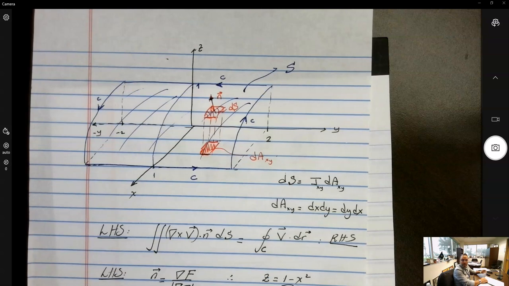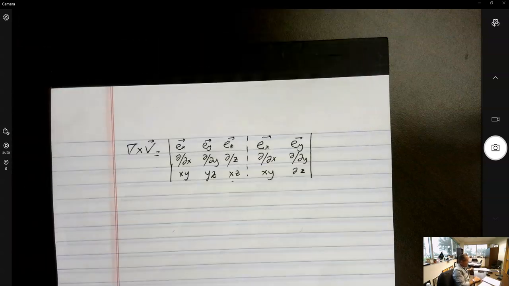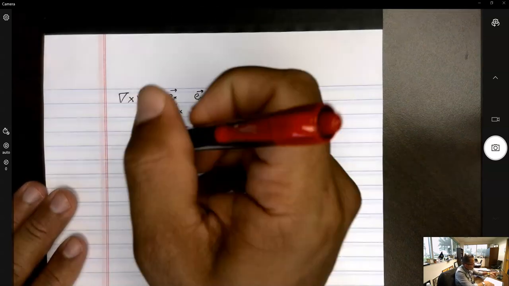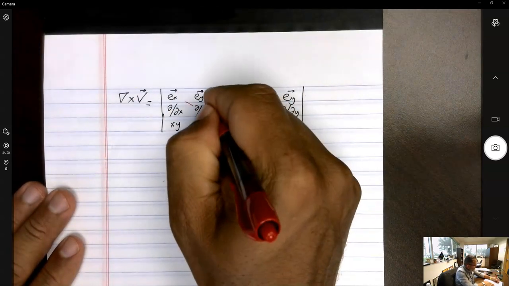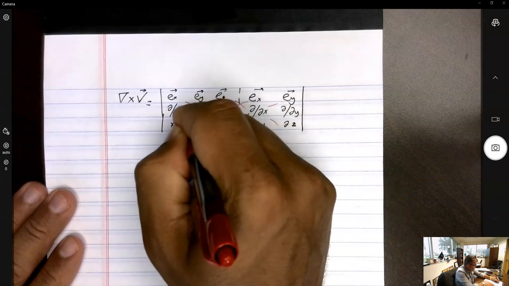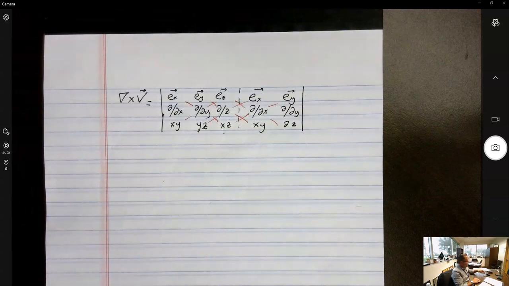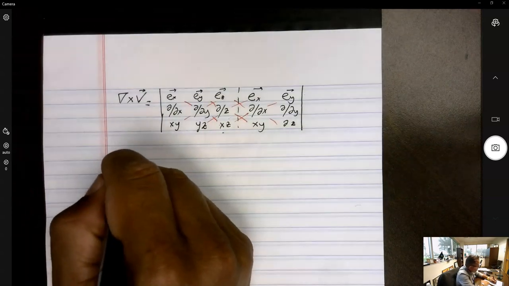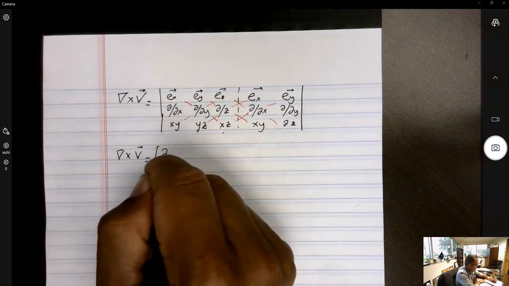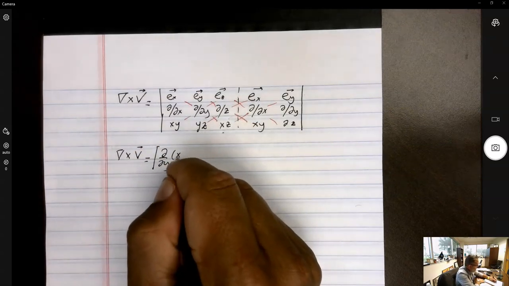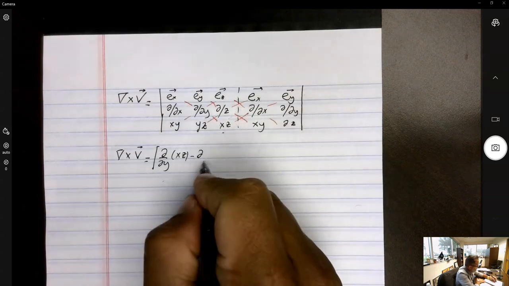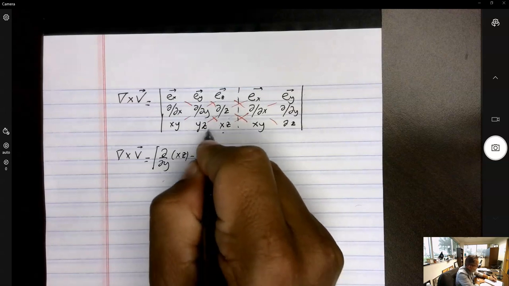the curl of the vector v. And the curl of the vector v is given by this expression, in which we take the determinant of this matrix, and we do so by augmenting it, as I just did here, multiplying the diagonals and subtracting the multiplication of the counter diagonals. So the curl of the vector v is equal to d dy of xz minus, and if we go back in the x direction, d dz of yz